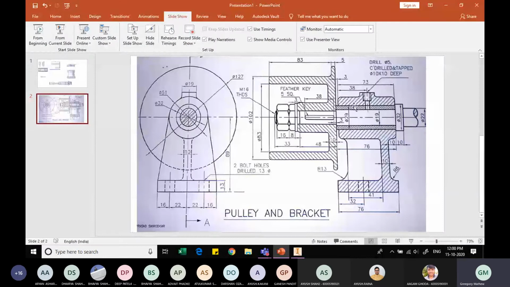So from here the thickness is 51.5, half of that is 25.5, and this is 14.5, which means this is roughly... no, that is not going to work.